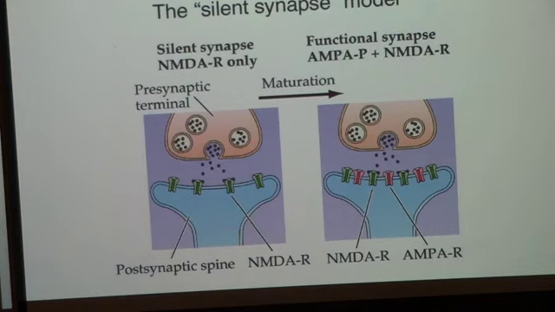This means that when there is only the NMDA receptor on the membrane, it will not generate a strong firing rate or action potential. However, after a large stimulus, the NMDA receptor will open, and it will cause a cascade of events at the postsynaptic membrane, and then you will have the insertion of the AMPA receptor, and this insertion